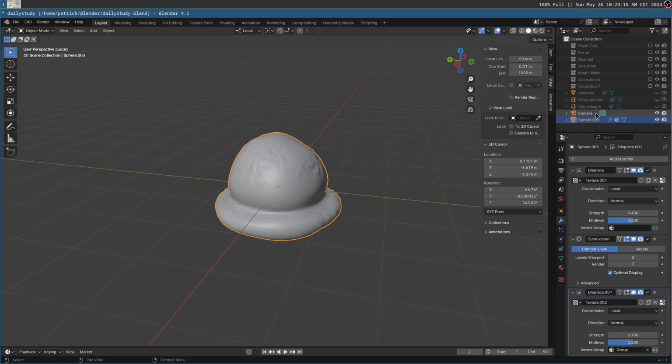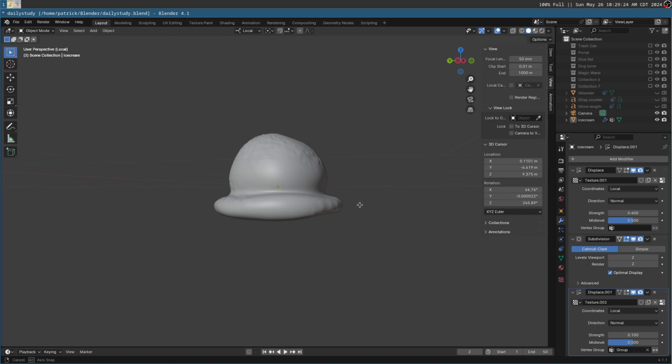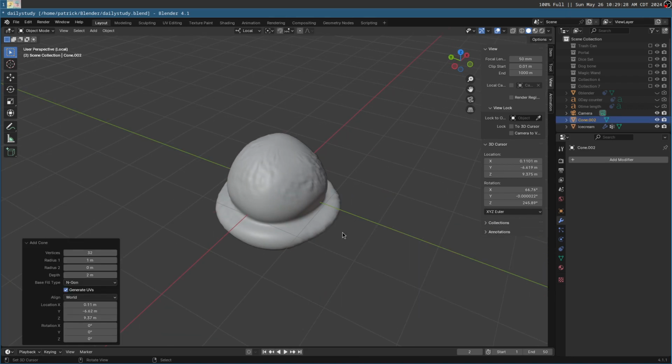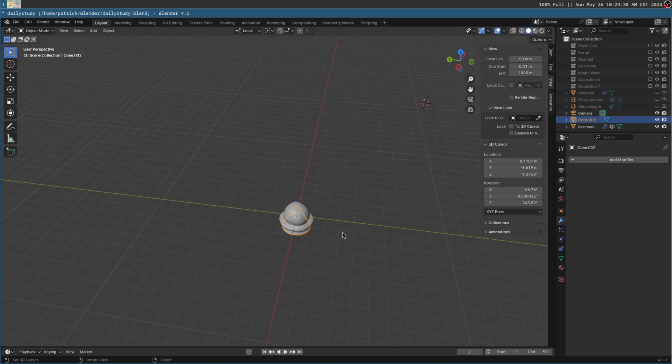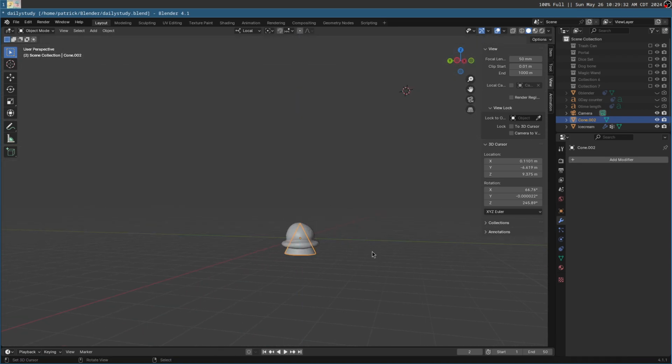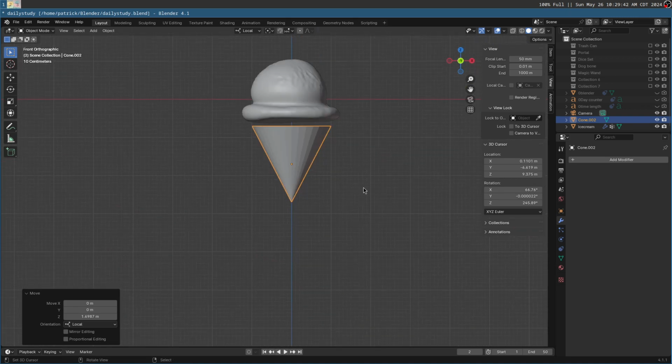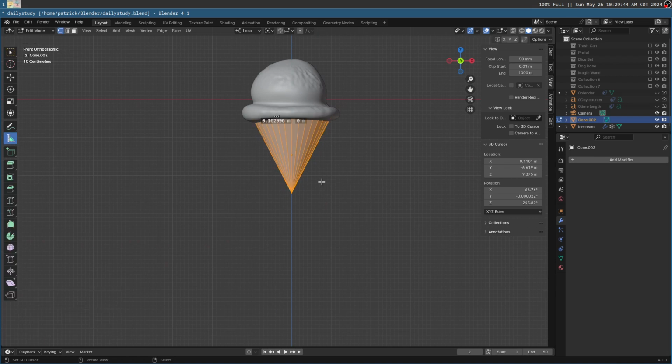All right, so we have the ice cream. So now for the cone. Let's use a cone. Rotate along the X by 90, then by 180 degrees. So my thought process is that we'll basically just put this there,